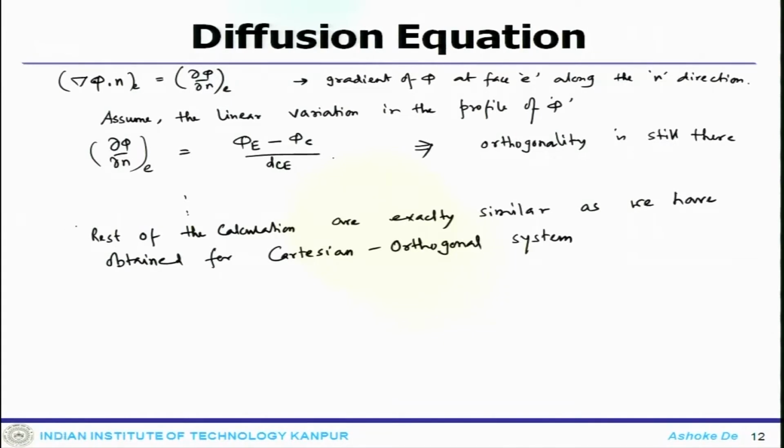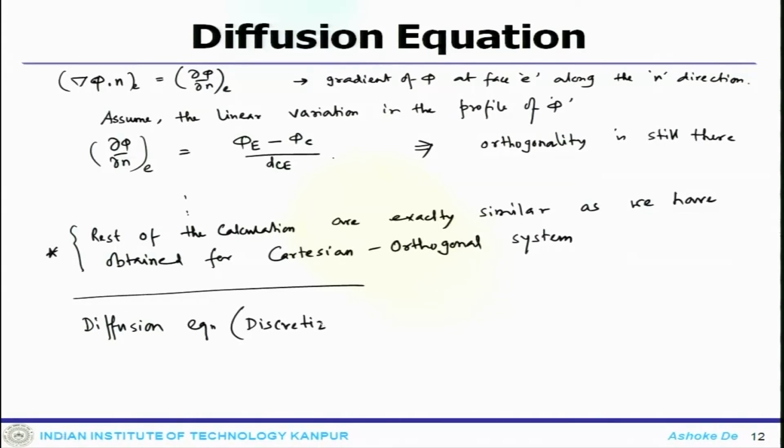So, this is the important point. The rest of the derivation, one can basically reproduce as we have done for this case. Now, what we have looked at this moment is two important things. One is that we have got our discretization of the diffusion equation. So, essentially we are getting the diffusion equation, the discretized one, using our numerical approximations.